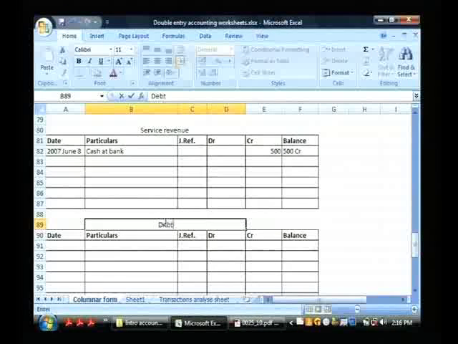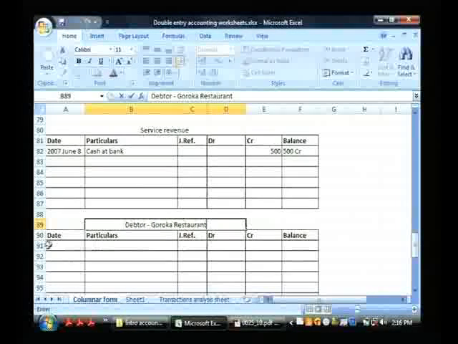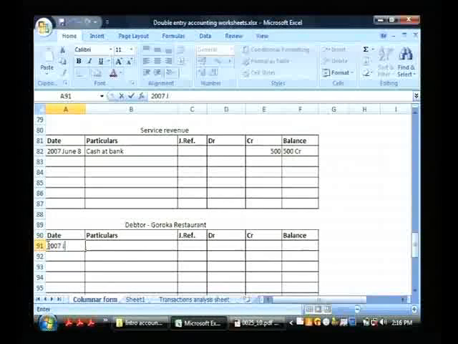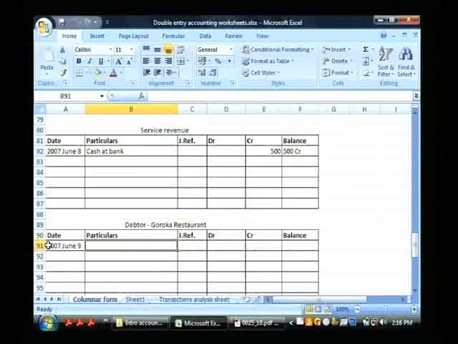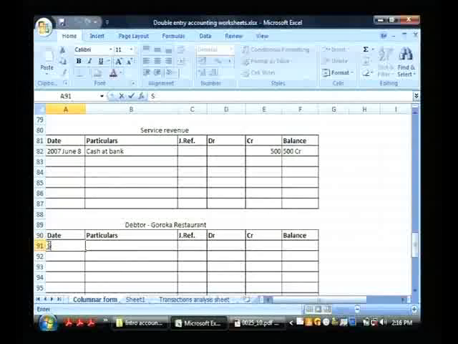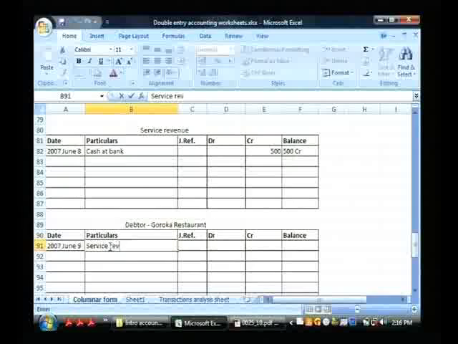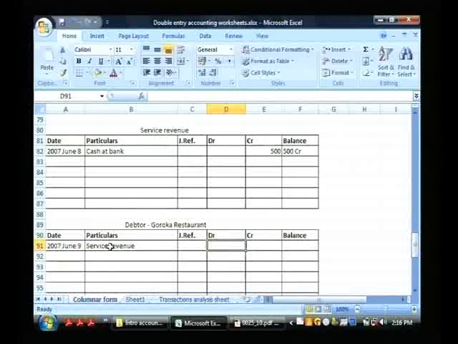Therefore, debtor Goroka Restaurant, 2007 June 9th, service revenue account, debtor Goroka Restaurant debit 200,